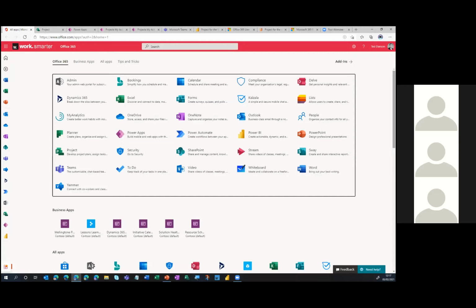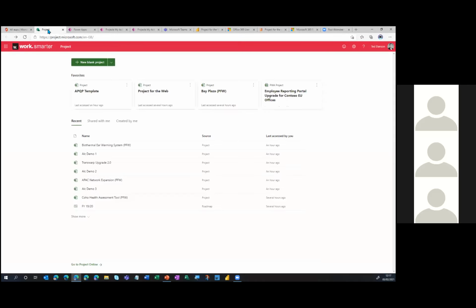So we'll start here, and this is, of course, the homepage to Office 365. And from here, we are going to go straight into Project. However, in true Blue Peter fashion, if anybody remembers that show, I've already got the page open here. So this is the first page that most users would see. It's called Project Home, and it shows the end user a single aggregated view of all of the projects that they are managing or involved with. And these could be projects that have been originated in Project for the Web or Project Online. And in due course, I think this is actually going to open up to Azure DevOps as well.